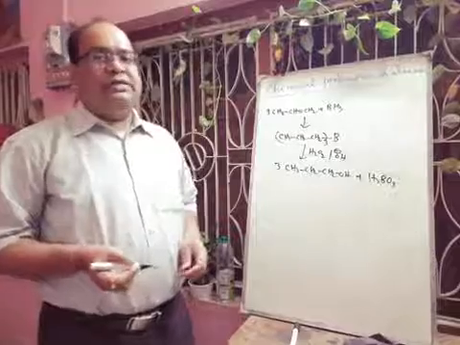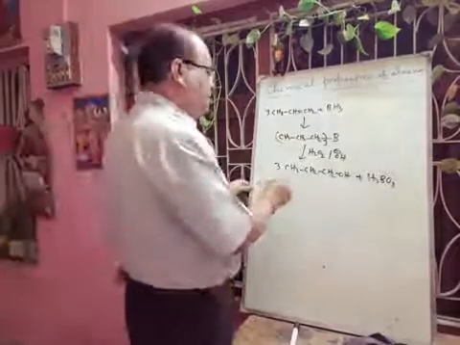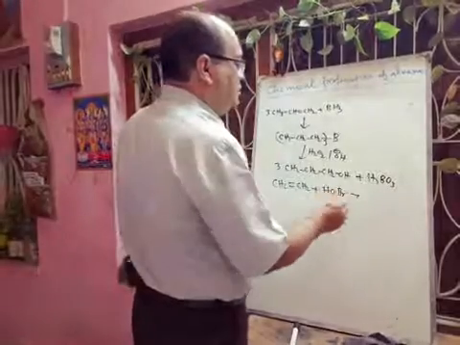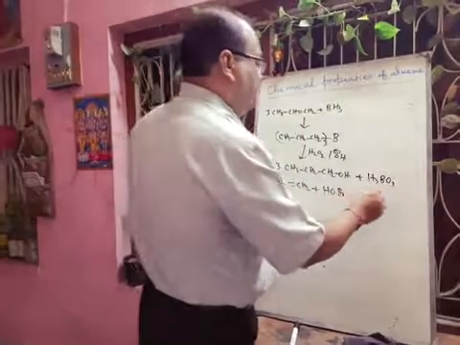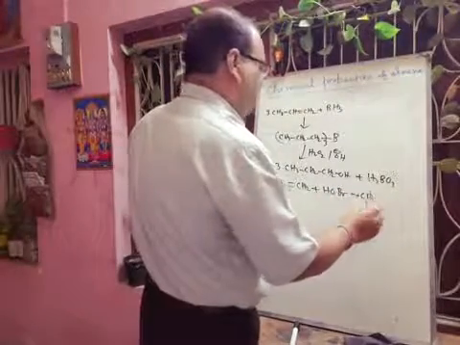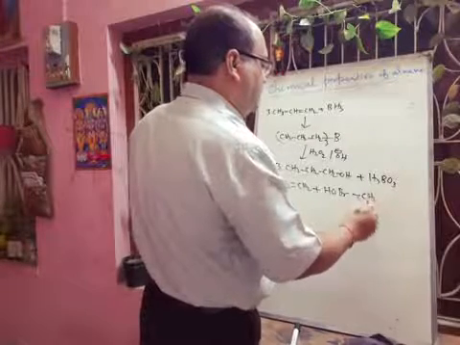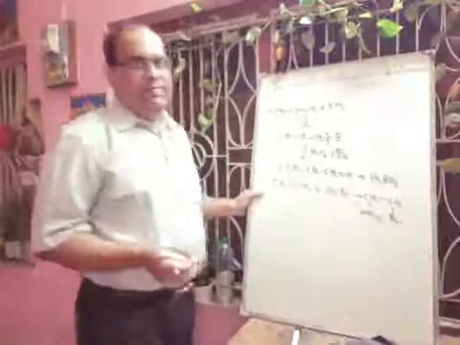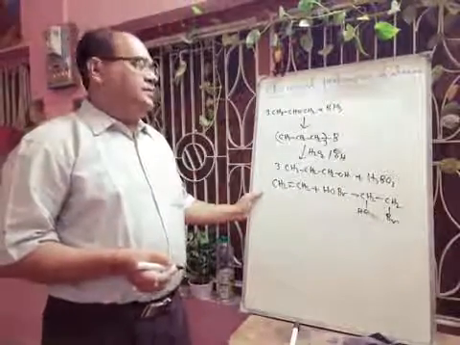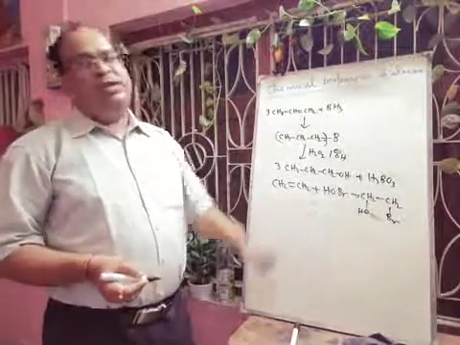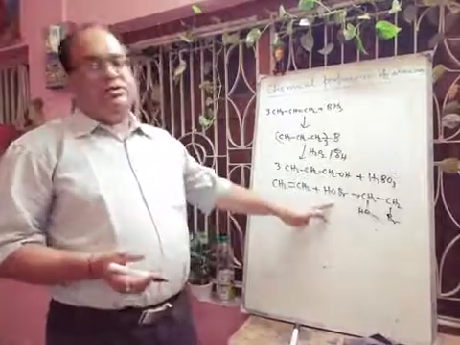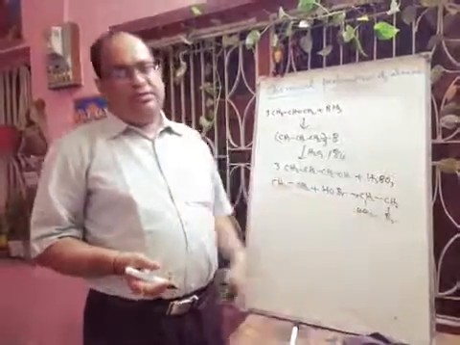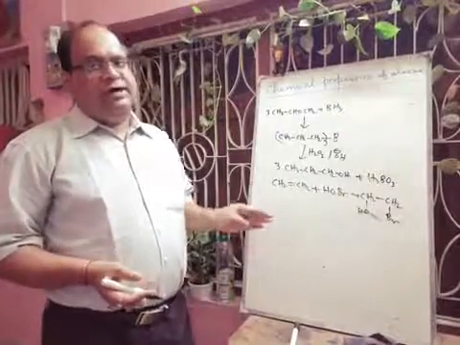Next we will discuss the addition of hypohalous acid. Whenever you take CH2 double bond CH2 and add HOBr, on one side there will be addition of OH and on the other side addition of Br. This type of compound will be formed. This is generally formed by adding bromine and water. When you add bromine water, it forms HOBr, and on one side there will be OH and on the other side Br. So it also follows Markovnikov's rule.